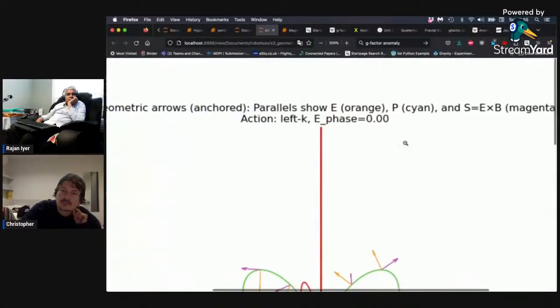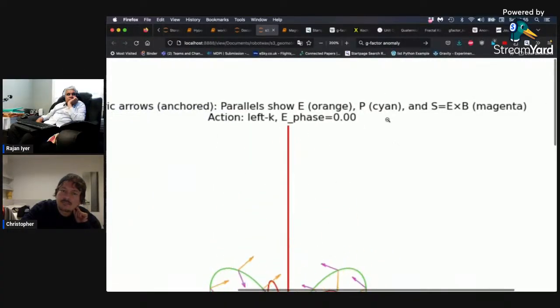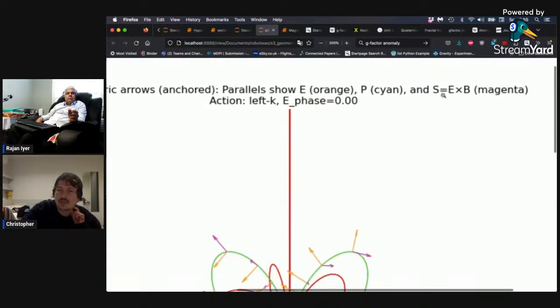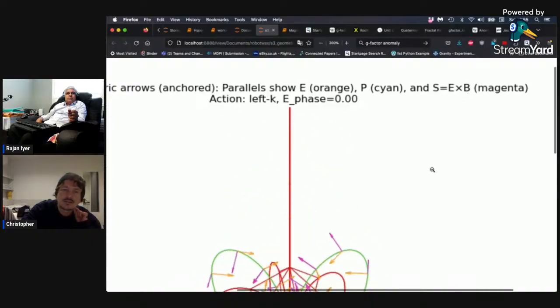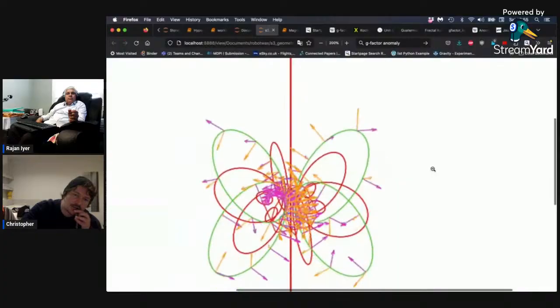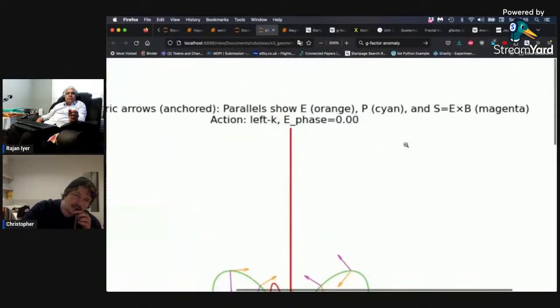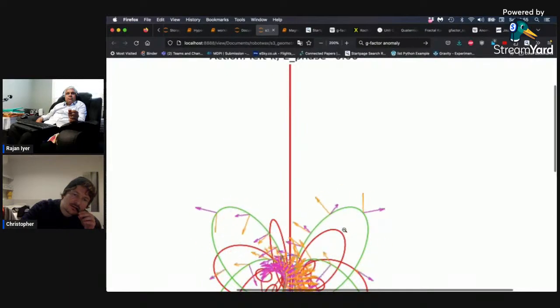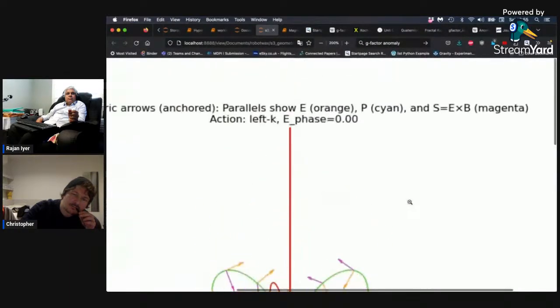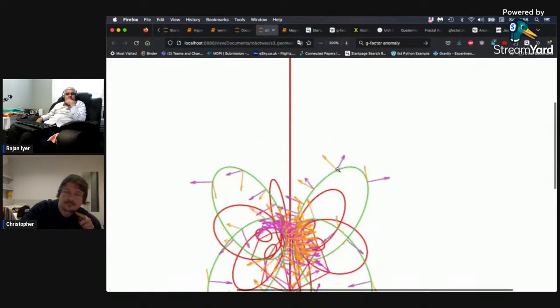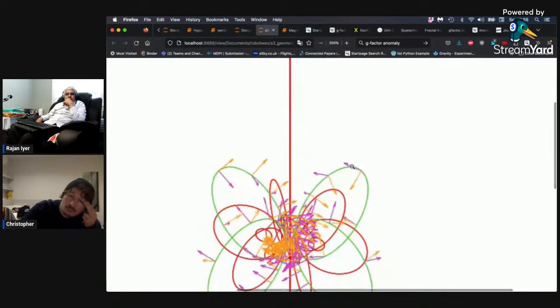So what have we got here? Orange is E. The P is cyan. The P is like the pointing vector, and then we have S, which is E times B, and that's magenta. So what we notice is that we have the orange ones, they're the electric field, and then the cyan and magenta ones are overlapping. Basically,